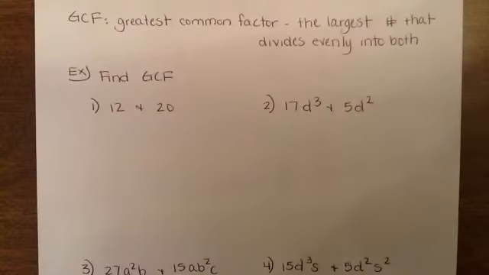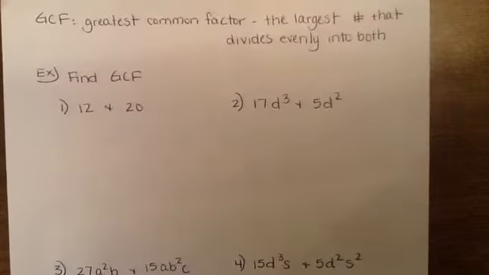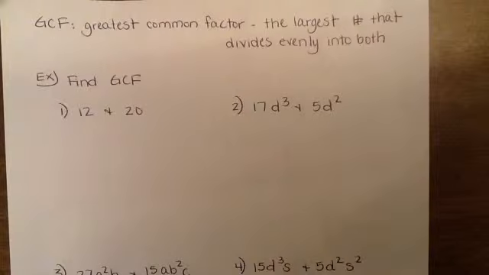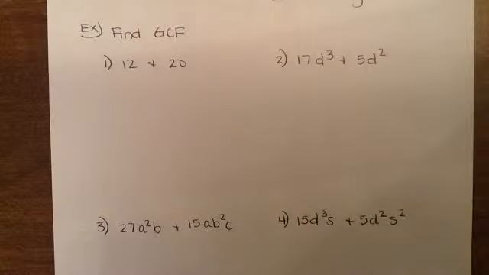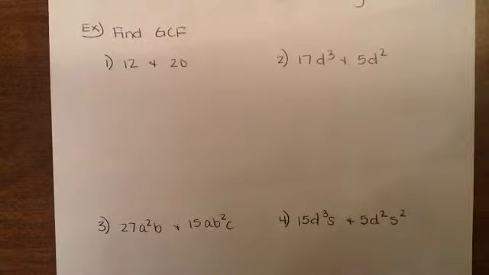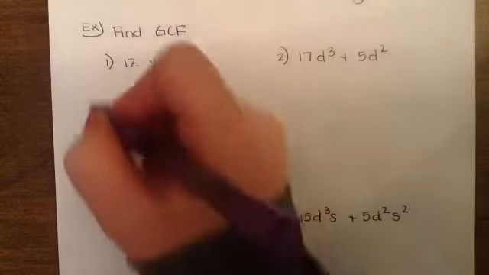The next thing we're going to talk about is greatest common factor, or GCF, as it is abbreviated. Greatest common factor is the largest number that divides evenly into both terms. It is also the largest degree of the exponent that they share. So if I want to find the greatest common factor of 12 and 20, one way we can do it